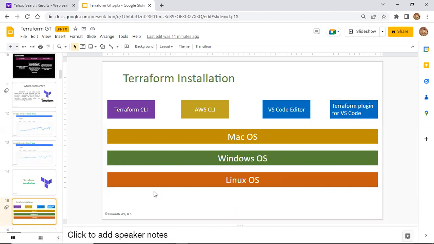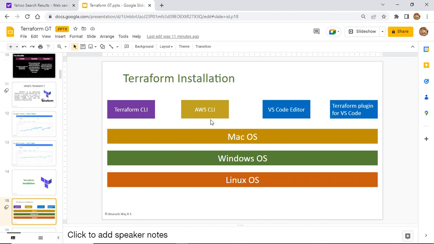I installed it both in Linux as well as on my personal laptop, by downloading the binary files and also by writing the code in Linux. Okay, right. So today also we are going to see how to install Terraform in Linux, and on my personal laptop, which is Windows.